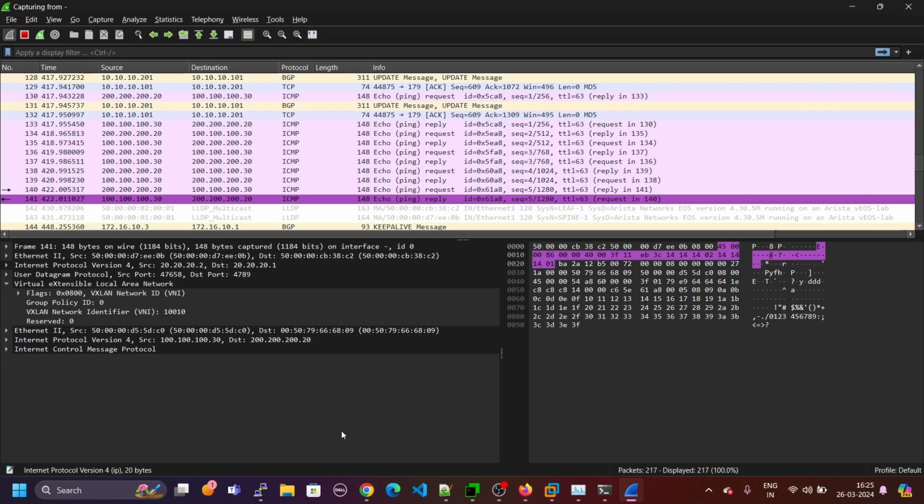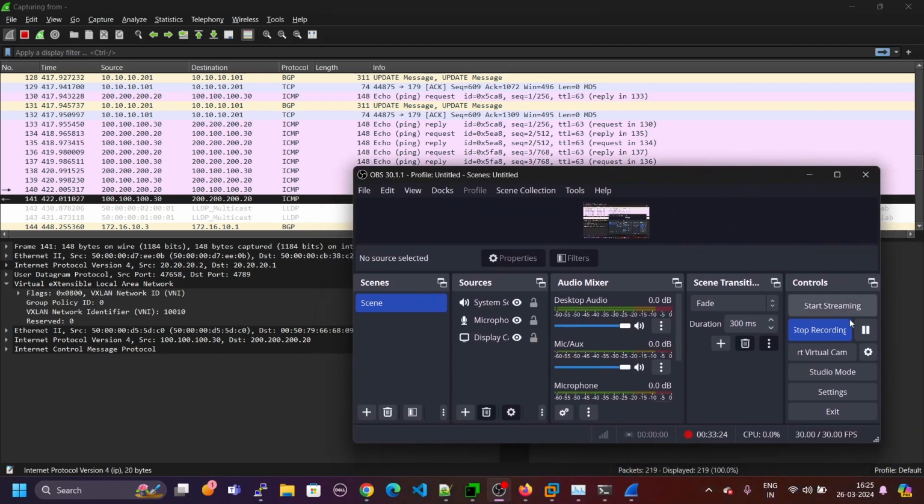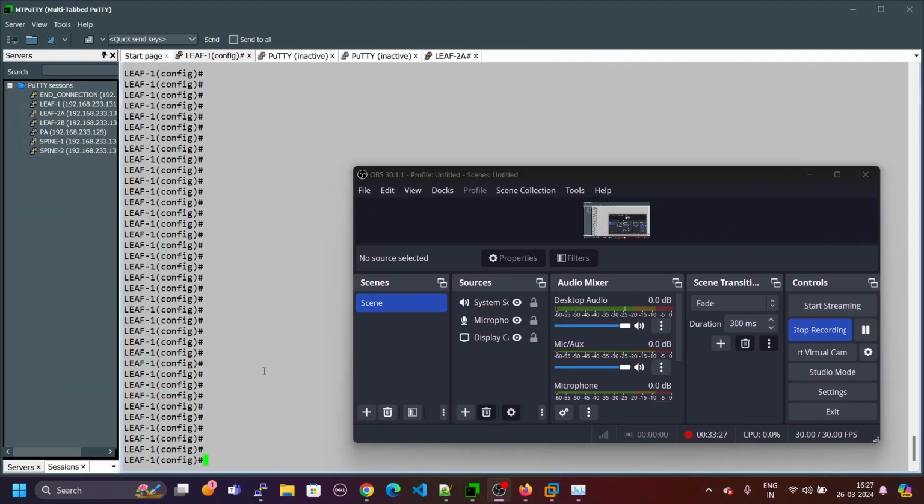All right, so this covers our asymmetric model. Let's move to the symmetric model here. Let me close this session. Just a moment. Okay, so